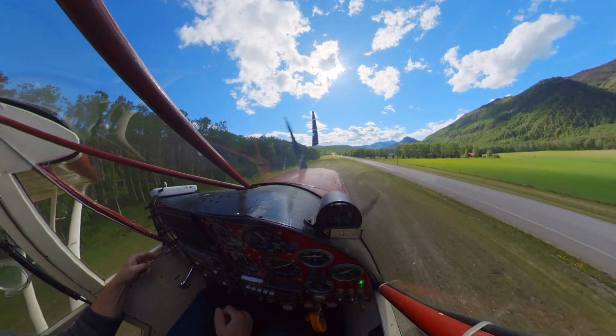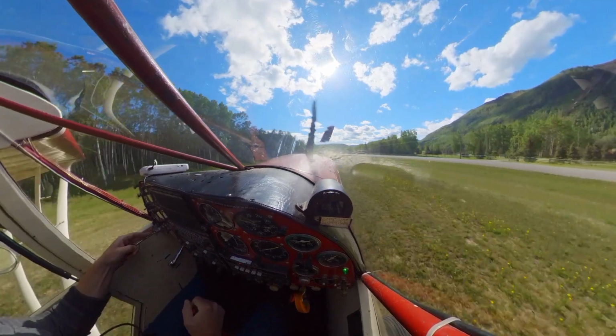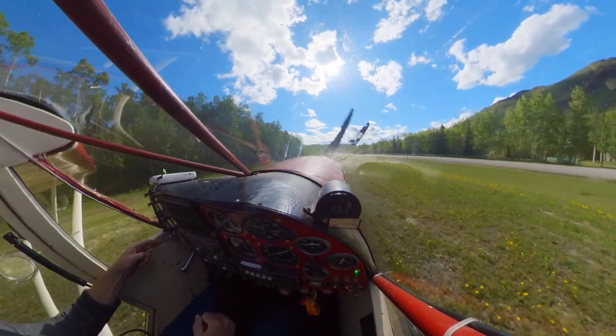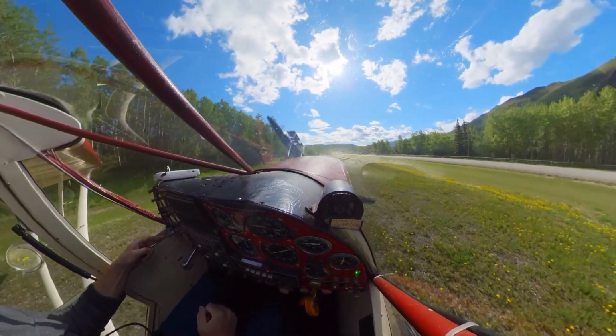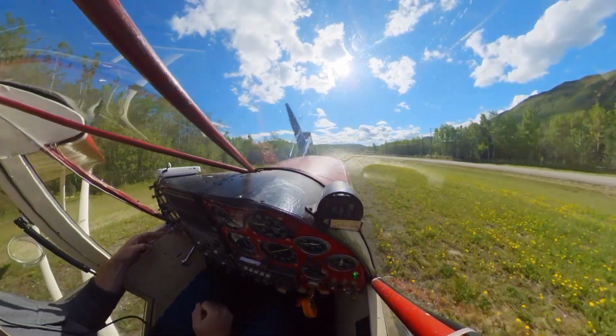So I made sure I had a real good height over the power lines, and then dropped it in. Did a 3-point landing here. It's a really smooth landing area there. Not hard at all, but